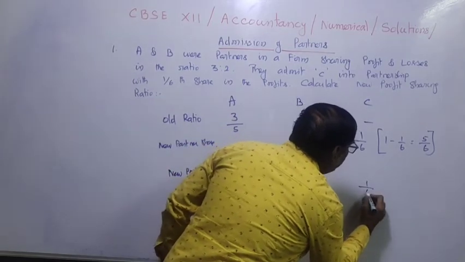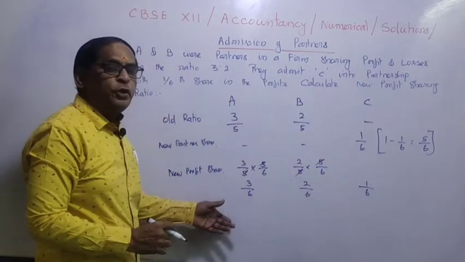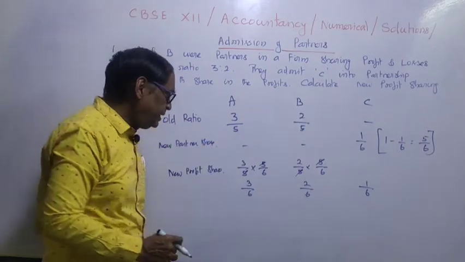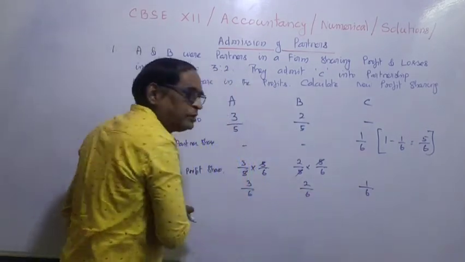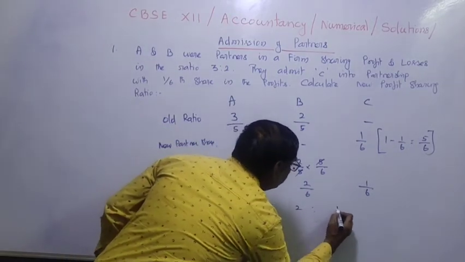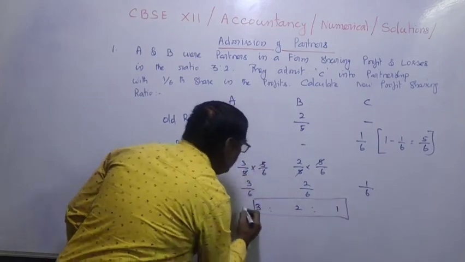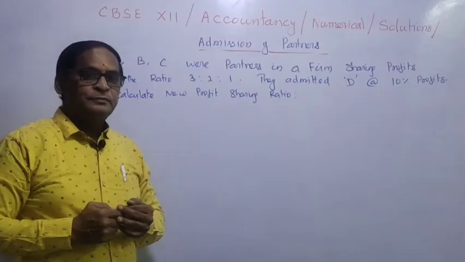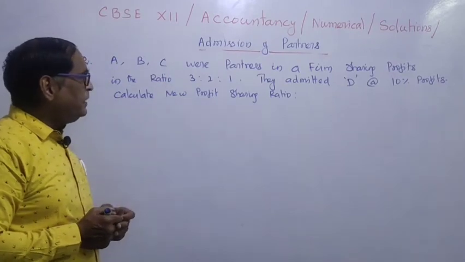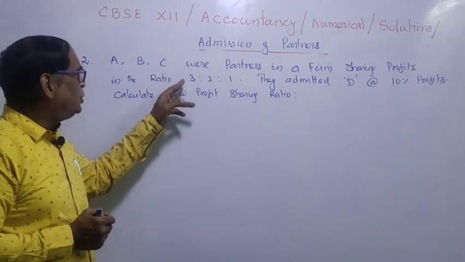Here there is no change for C, 1 by 6. So the new profit sharing ratio between A, B and C is 3:2:1. This is the new profit sharing ratio. Please note it down. Next question: A, B and C were partners in a firm sharing profits in the ratio